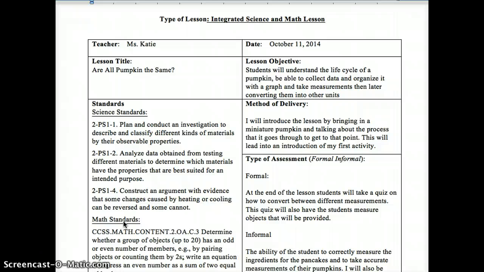that go after this. To introduce the lesson, I'll probably bring in a miniature pumpkin and talk about the process that it goes through to get to this point. First it starts as a seed, and a farmer has to take care of all this stuff. And then this will lead into our first activity,